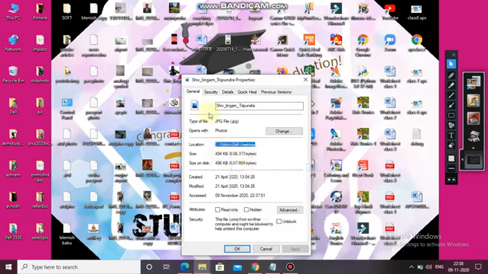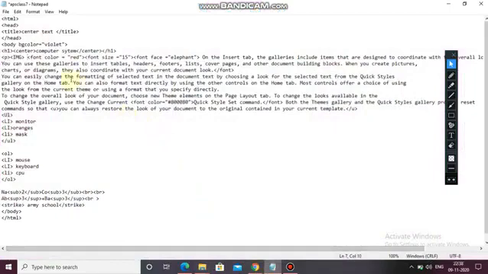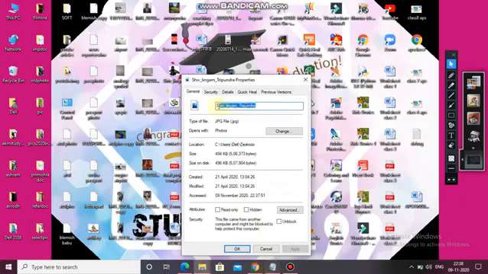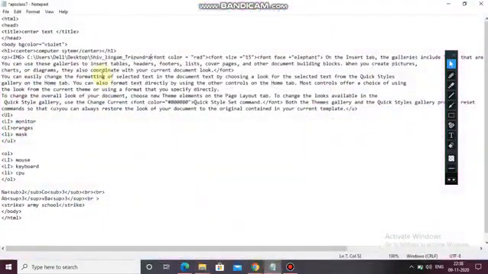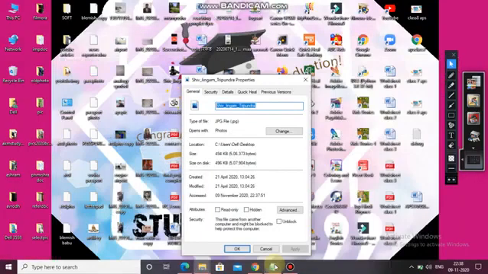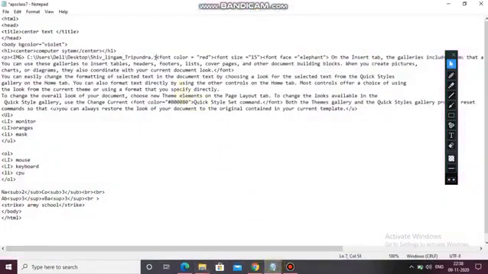Copy the path, then paste it here, and then again use the forward slash, and then the name. Copy it, paste it again, then dot, the format of the file is JPG.